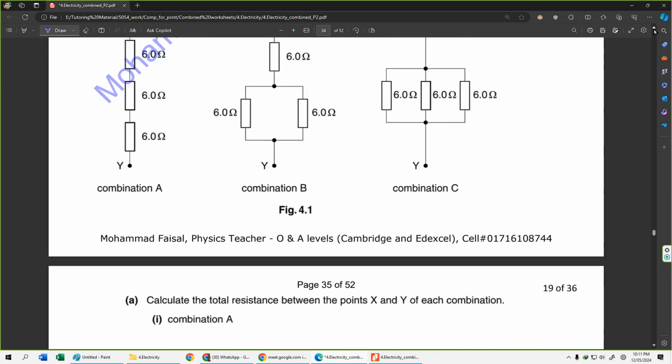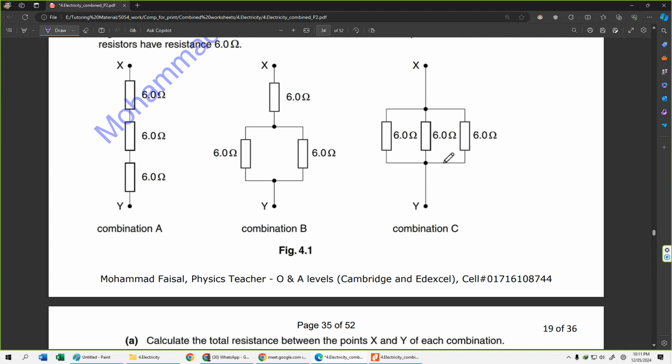কম্বিনেশন এ টোটাল রেজিস্ট্যান্স কত আসছে? এটা টোটাল রেজিস্ট্যান্স কত? 18। এটা ওরালি করা যায়। হ্যাঁ, দুটা 6 এর প্যারালাল কম্বাইন্ড রেজিস্ট্যান্স হবে 6 ডিভাইডেড বাই 2, দ্যাট ইজ 3 ওহম। 3 আর 6 অ্যাড করলে টোটাল 9।